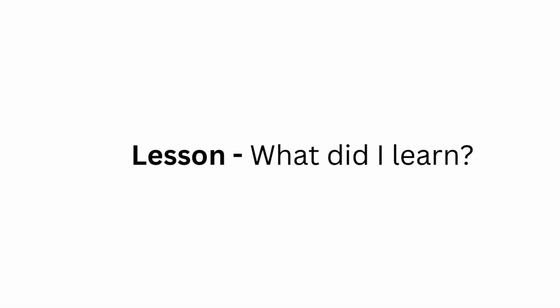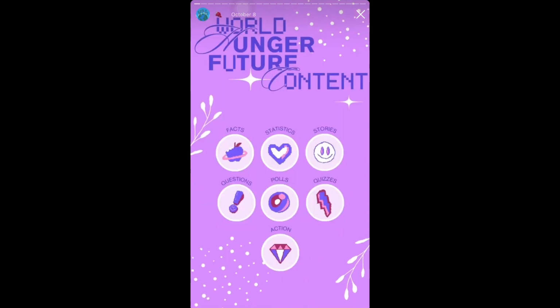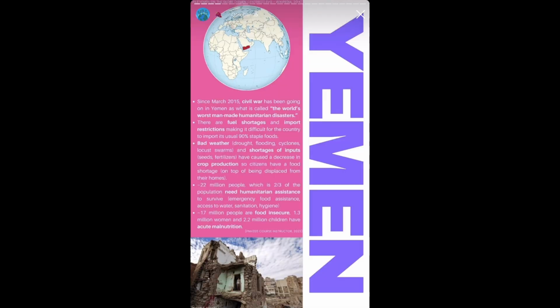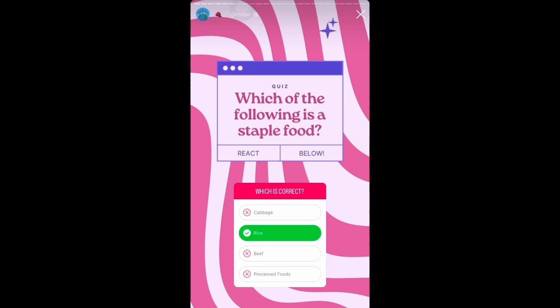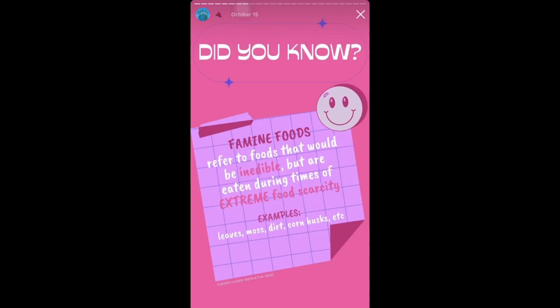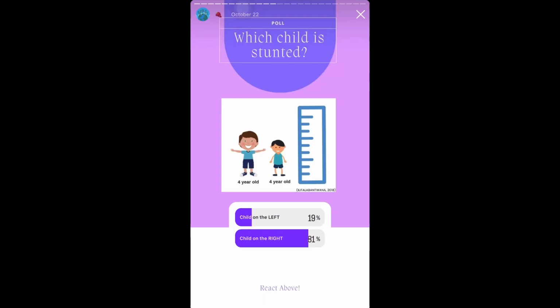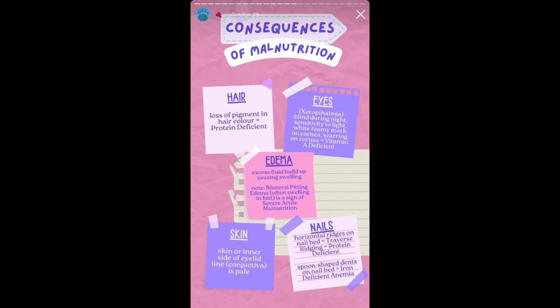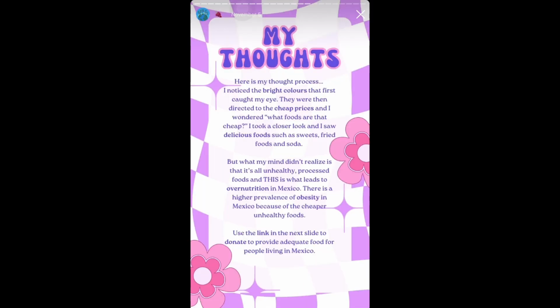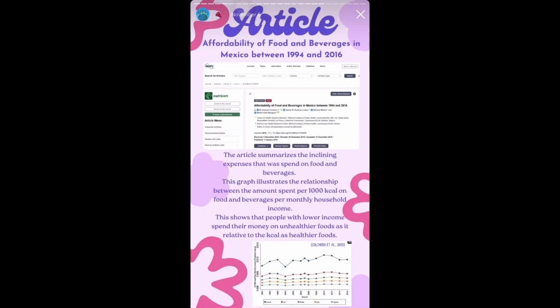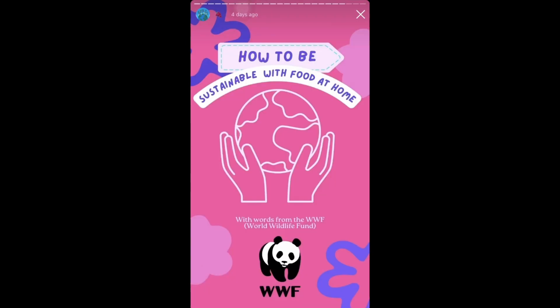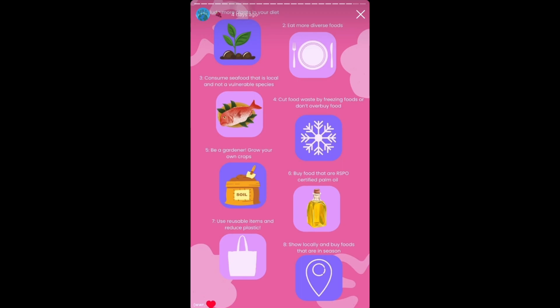Lesson. What did I learn? From this whole experience, I found that it takes a lot of effort to schedule consistently. Posting every Sunday taught me how to be disciplined. It requires a lot of planning and time management to create content and make the graphics aesthetically pleasing. At times, I had to set aside other classes in order to work on the Instagram story postings for this project. It taught me how to prioritize tasks that are due sooner and to manage my time on completing the posts efficiently,